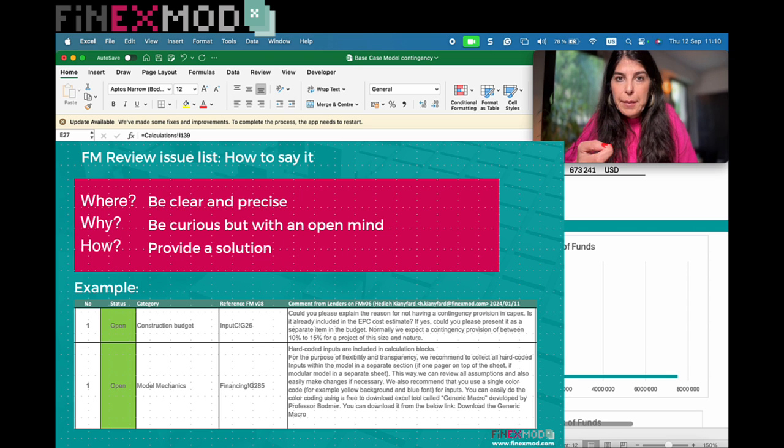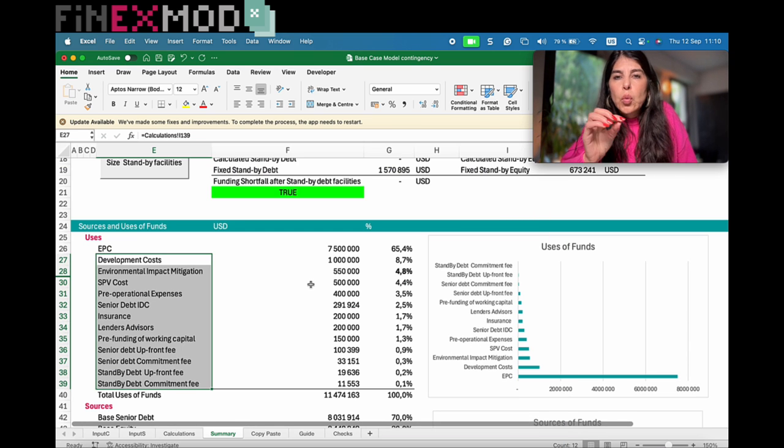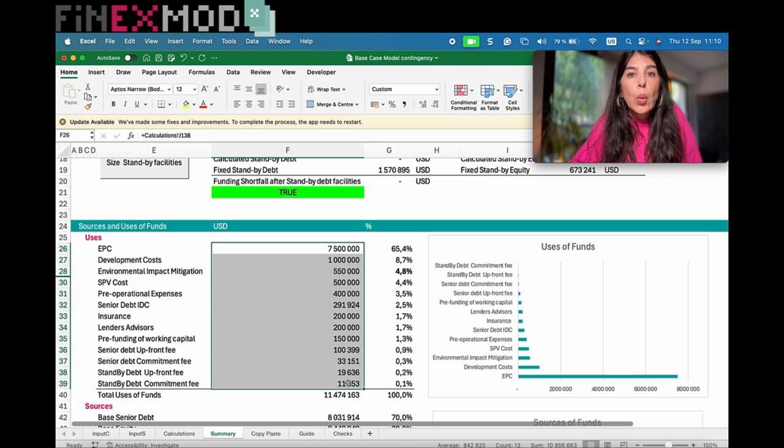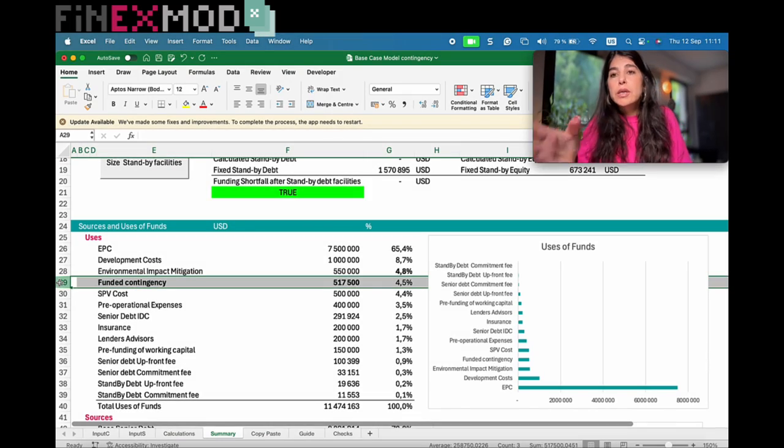I will not condemn right away. However, I will ask the question: we could not identify the contingency provision as a separate line item in the budget. Can you please point out where you have included the contingency in the model or within the cost? Because sometimes they have already included some contingency within the cost and you cannot see it. But this is something that is really not recommended,